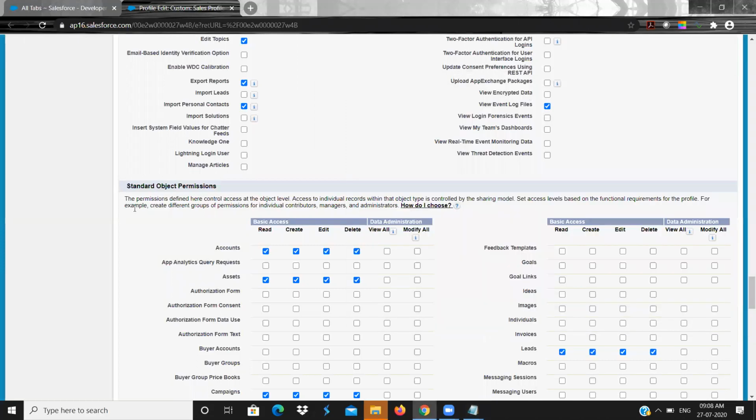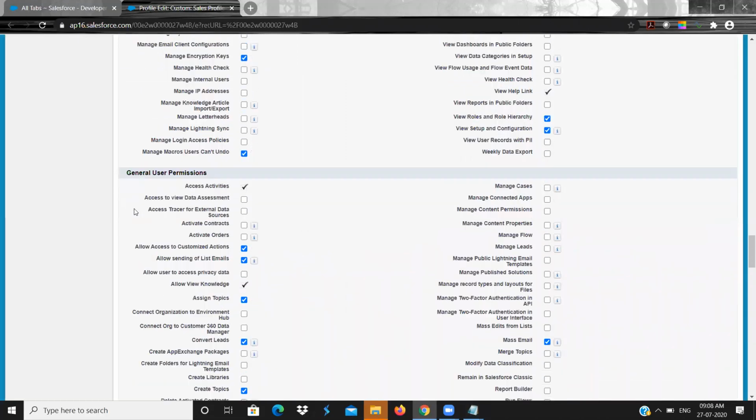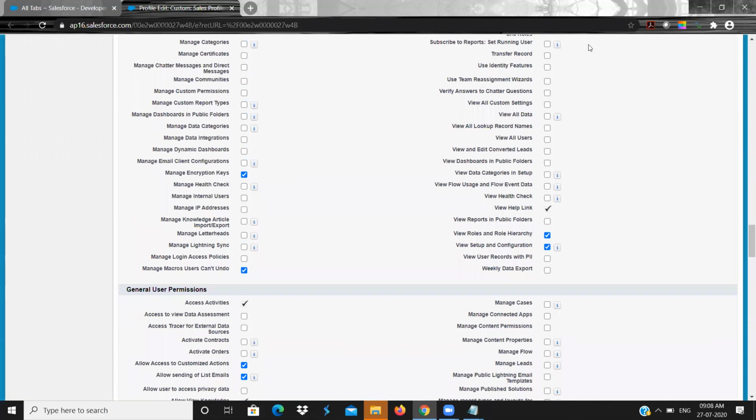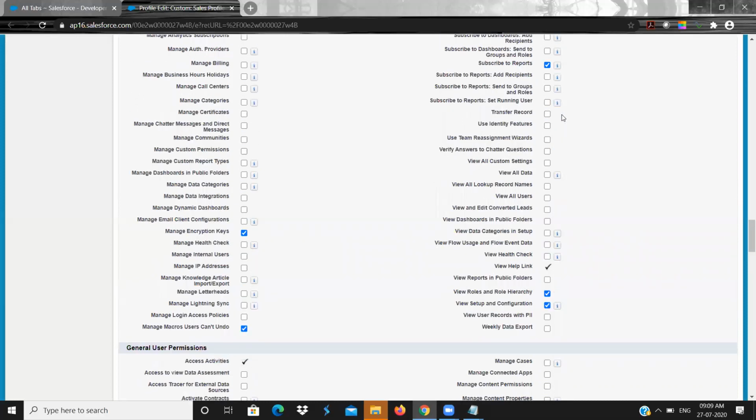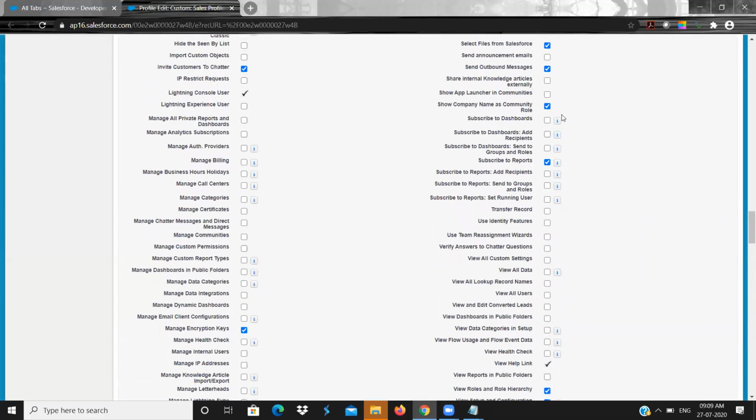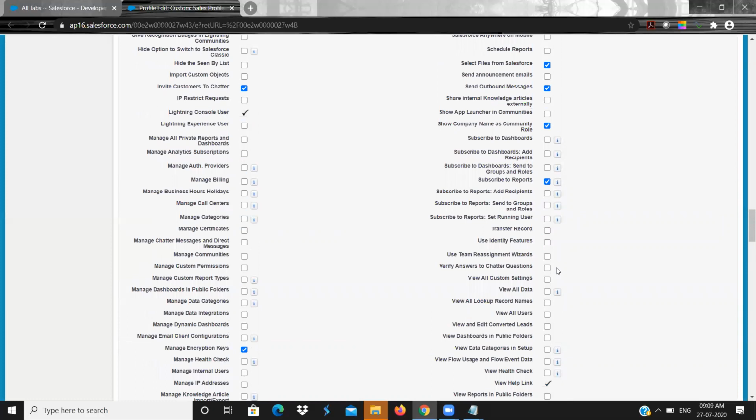Also, in the administrative permission area, you will see view all data. This is the permission that is given to super users like administrators, so they can view the records, so that in taking a report or anything, they can easily take it and give it to the management. Okay.